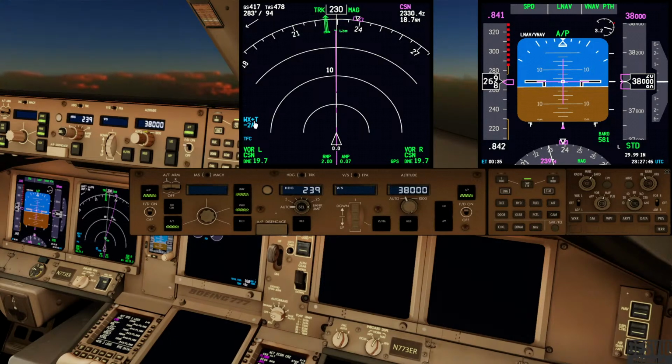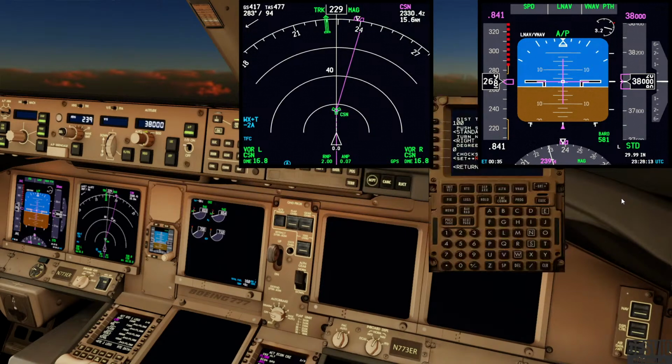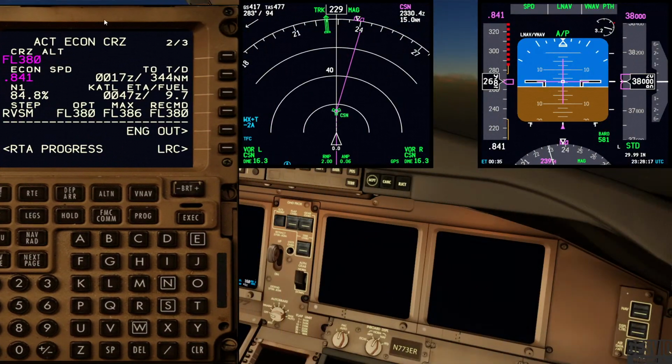If we don't want the weather radar, we can also set the terrain. Okay, these are the options that we have. So I'm going to show you weather again. But let's say that we don't have this working anymore. So you lost this panel, it is not working. We can do it through the FMC, and I'm going to show you right now. So I'm taking the FMC to this side. I'm going just to...